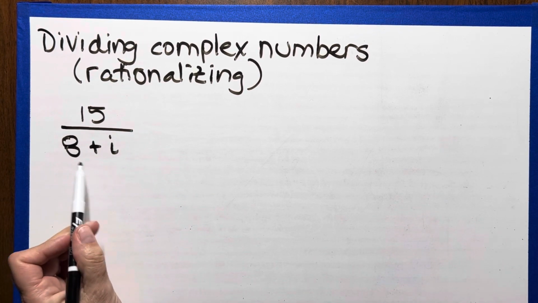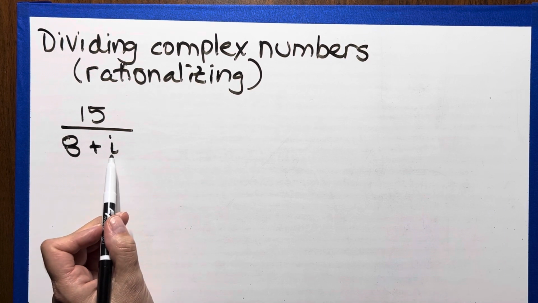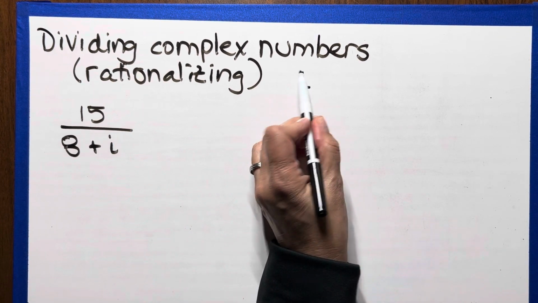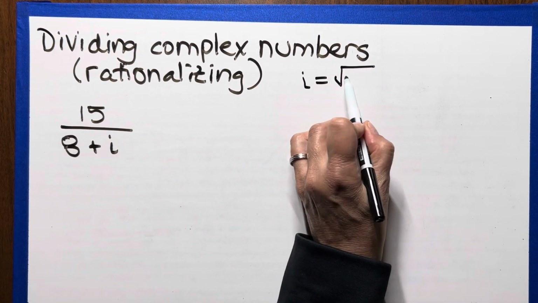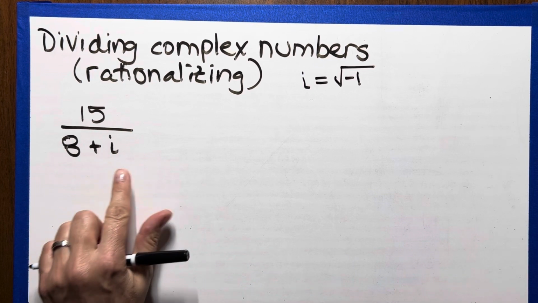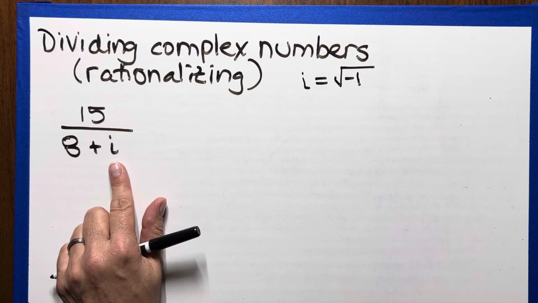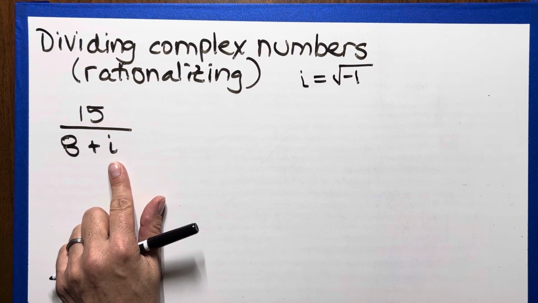So the reason that we have to do anything with this problem at all is because remember what i represents. i represents the square root of -1. And in math lingo, we cannot have a radical in the denominator of a fraction. And since i represents a radical, we're going to have to figure out a way to move this i out